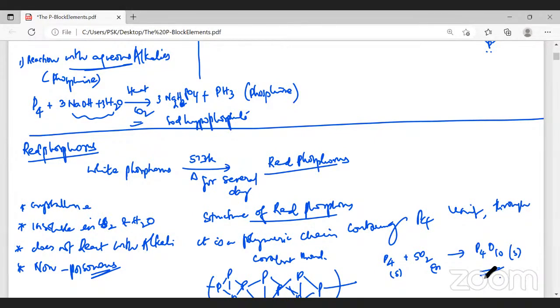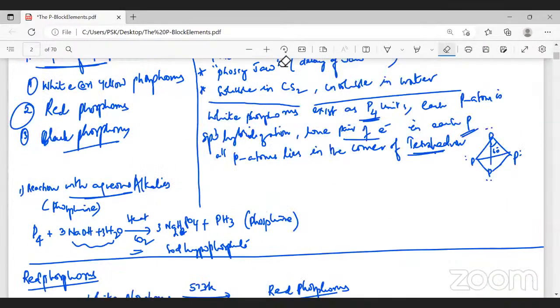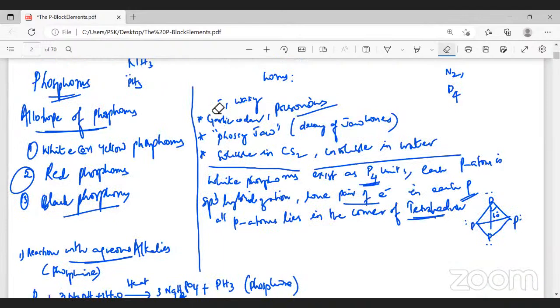It exists as a dimer. Therefore, we write it as P4O10. Now, coming to the next part of the topic, we'll have to learn about black phosphorus. I'll erase this part. So you should be in a position to understand a few differences between white, red, and